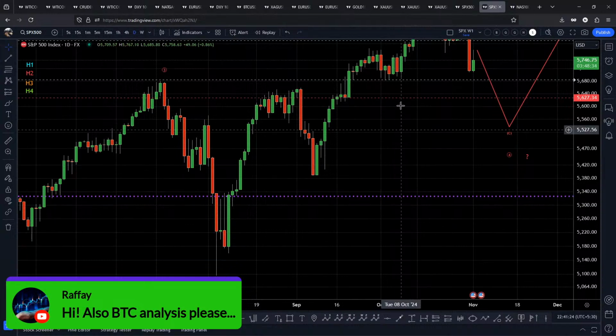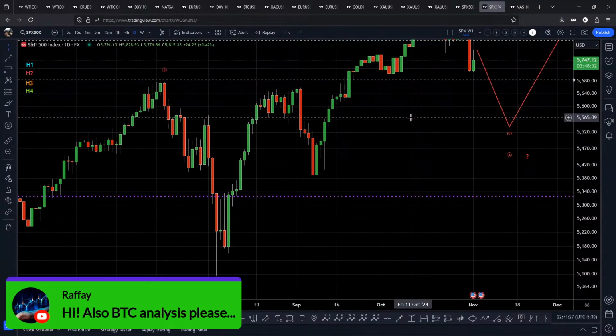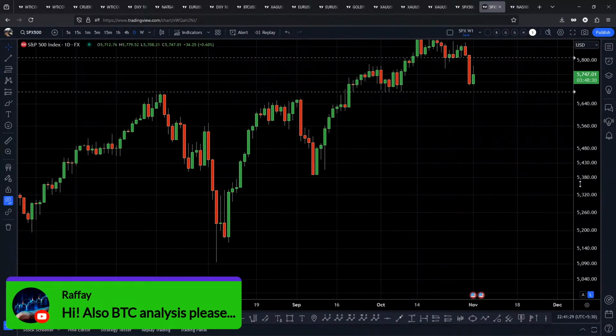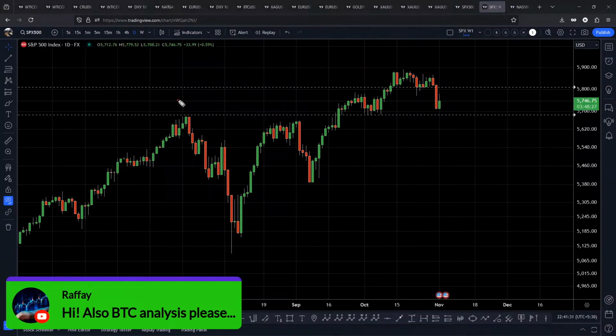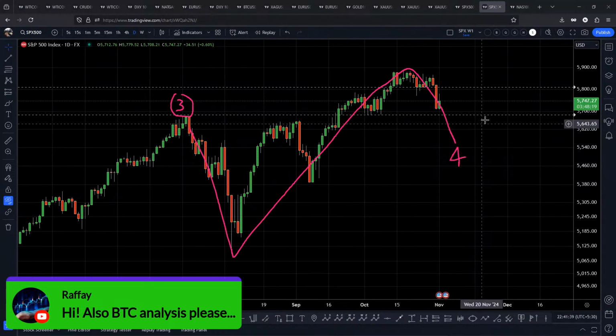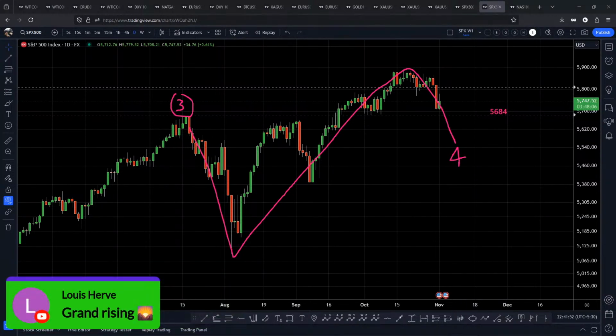So our bias is that this market is in a possible wave for correction. If this is the correct count, then this will be the 3 circled, and as we discussed last time, this 4 is expected to move lower. In general, we want to see the wave 4 at least go and test the high of wave 3, so that gives us a target minimum at 5684. And with that being said,